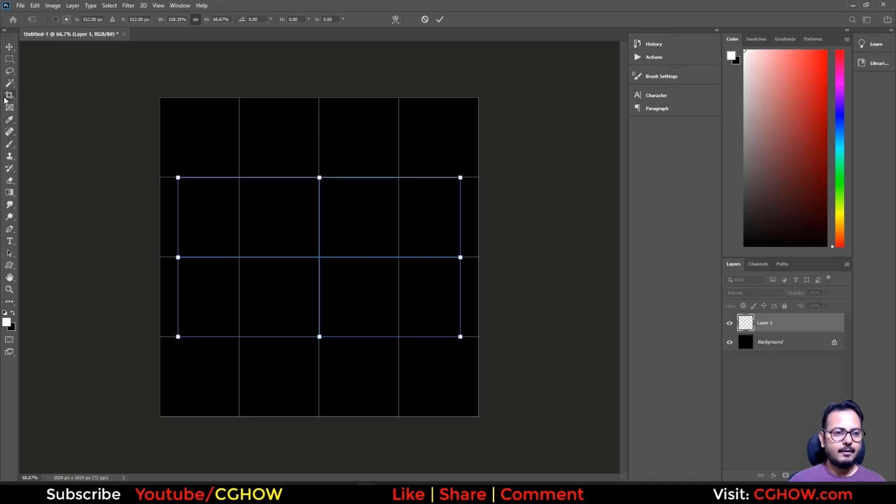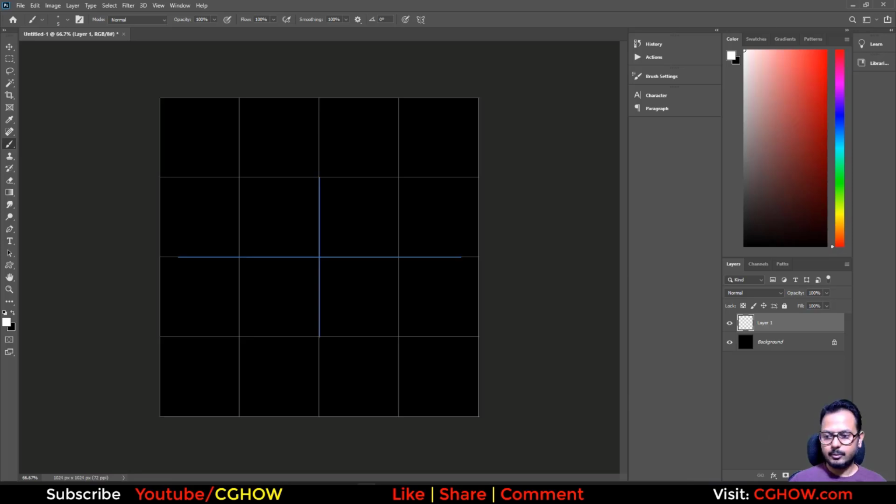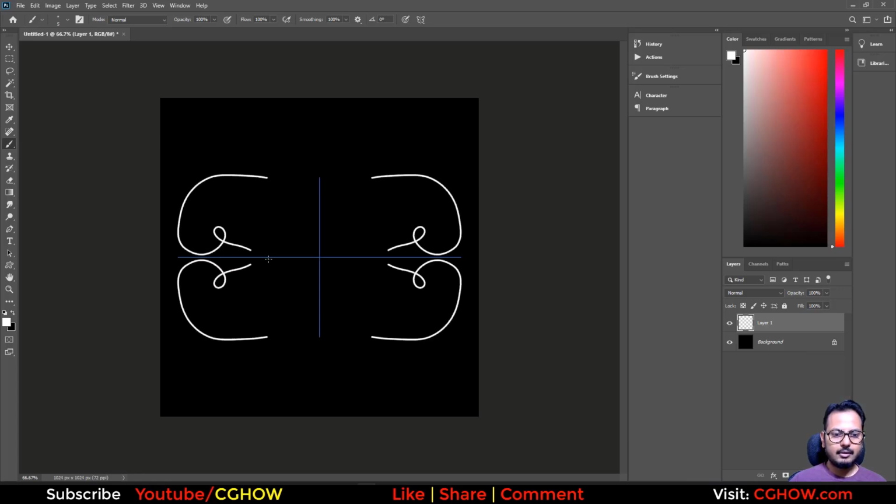like this. Then I'll take a brush and Control H to hide that grid. And first of all, I think we need to create a frame. So I will create, or maybe we can use just the brush. Okay, so let's just try. So anything, I am not clear what I will create, but